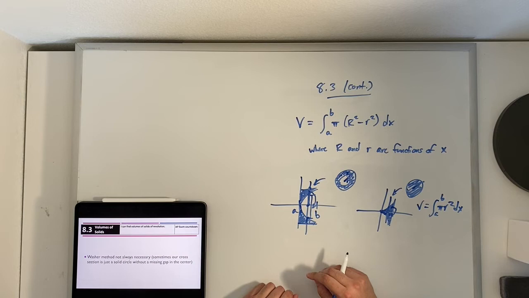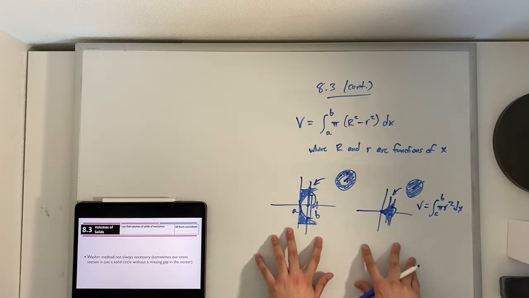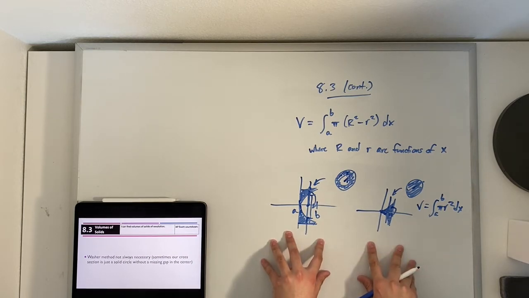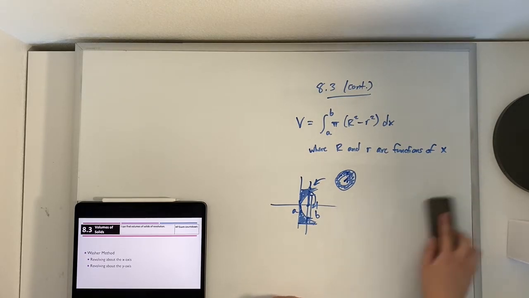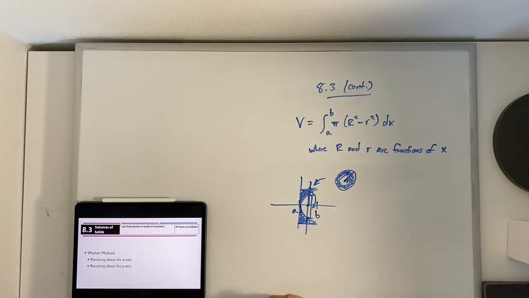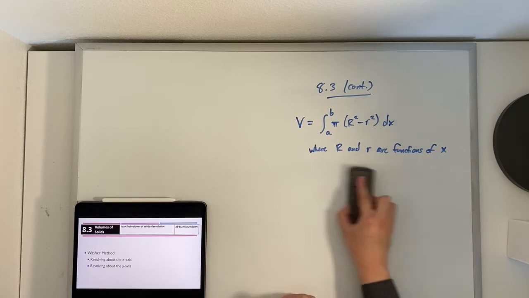Okay, so some great questions, great questions. Hopefully you're starting to see the difference between these 2. Now let's go back to the washer method specifically, and I suppose even a solid circle. So we talked about using washer method when we're revolving around the x-axis. Okay. Now we can also talk about washer method